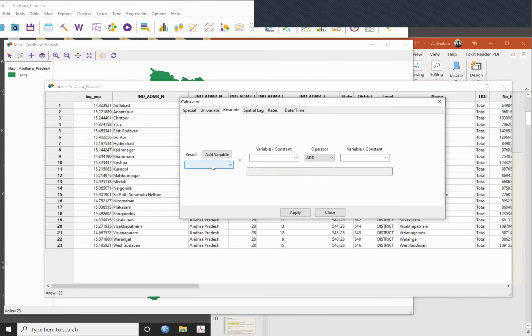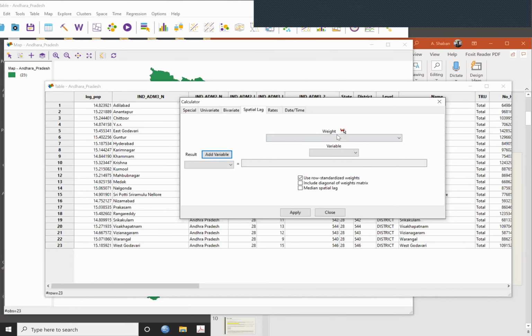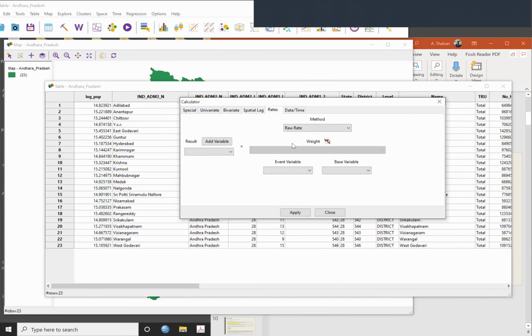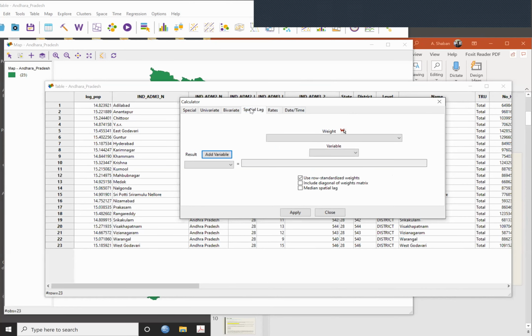This is the left hand side, equal to which you get the result. And these are the determinants. Spatial lag, I will come to that, because you need a weight matrix and a variable. Rates is basically something divided by something else. You also have date and time. I'll come to these later. Basically, rates we sometimes don't use. We will use spatial lag much more.